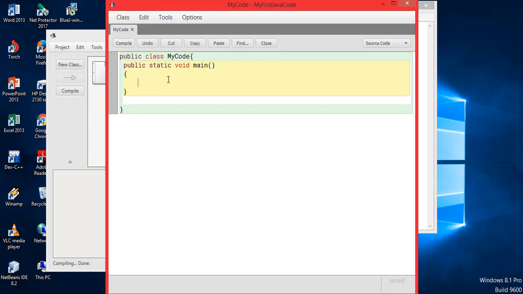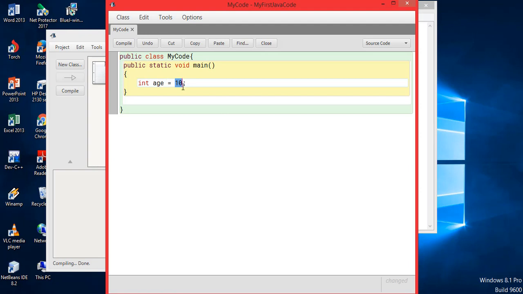Example, if I want to store the age of the user, I can say int age and I can give it a value. So let's assume the user is 10 years old, so I write 10. This is the way I create a variable. So this will create a box in the memory with the name age, which will have the value 10.